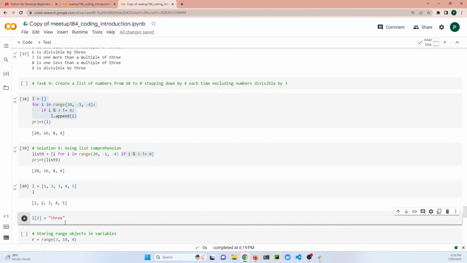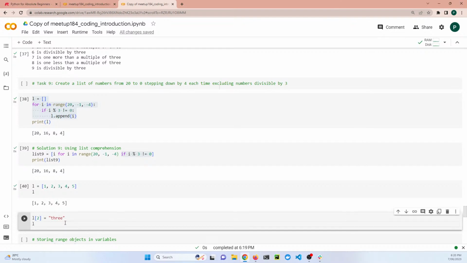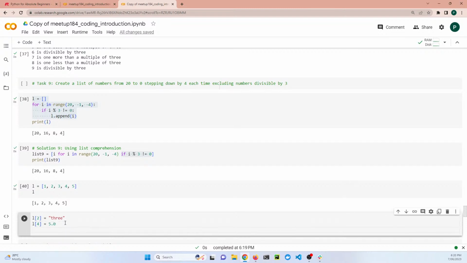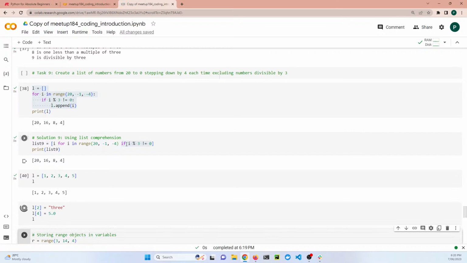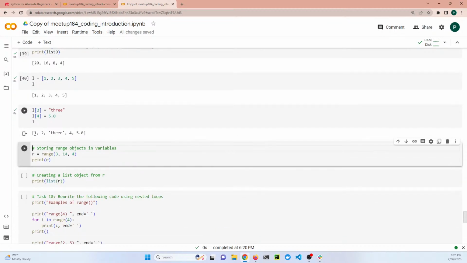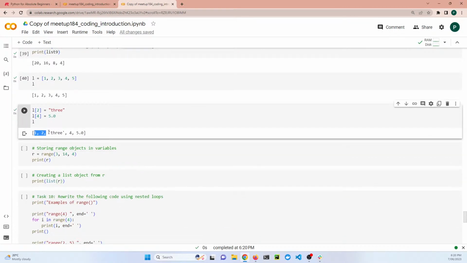So let's put in a string, and L4 equals, and then I'll put in a real number because that's what you're interested in. And now let's have a look at what's in our list. So you can see here these two are integers. This is a string, this is another integer, and this is a real number. So you can have a mixture of integers and reals